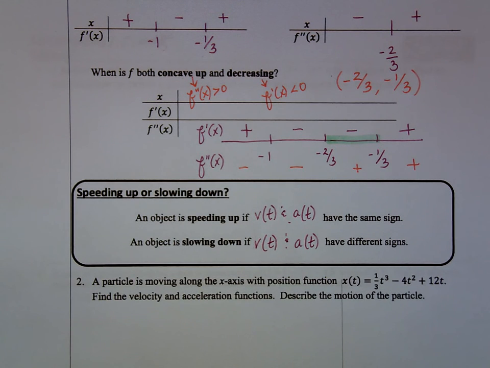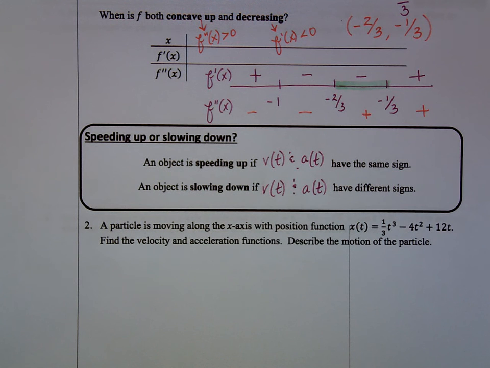Takes me to number 2. A particle is moving along the x-axis with this position function. Find the velocity and acceleration functions and describe the motion of the particle. So, in other words, they want to know when is it speeding up, when is it slowing down, and so forth. So, if I find the velocity first,